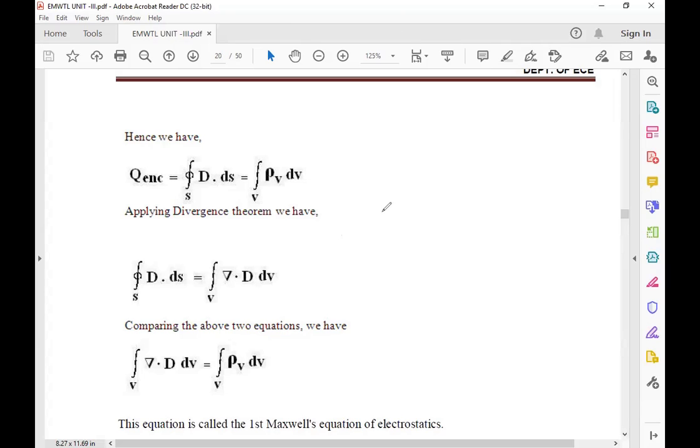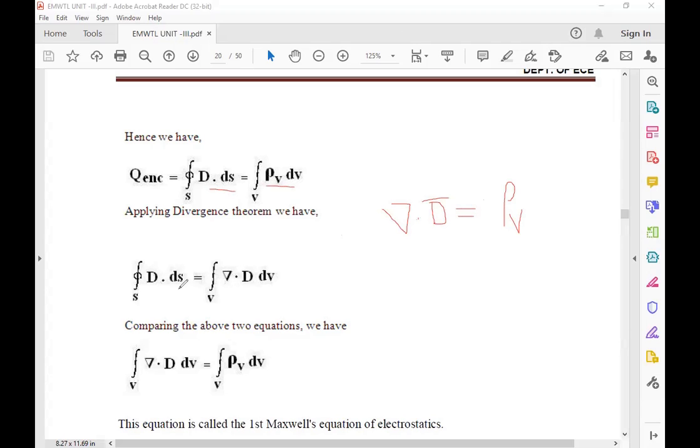The rho v is equal to one of the Maxwell's equations, the Gauss law of electric field. According to the Gauss law of electric field, del dot D bar is equal to rho v. So rho v is replaced with del dot D bar, and it is a volume charge. Surface charge is converted to the volume charge.